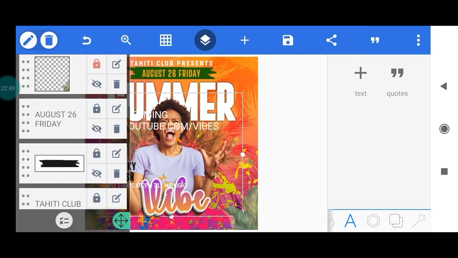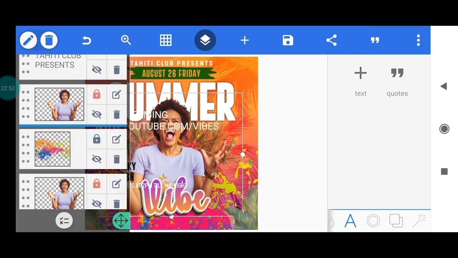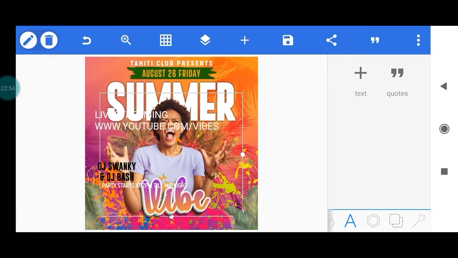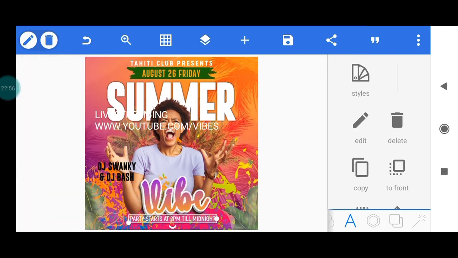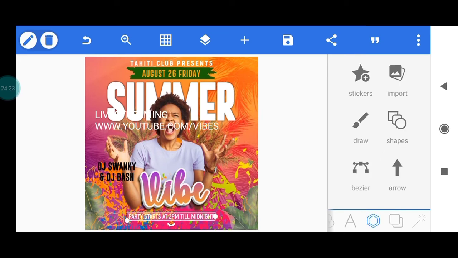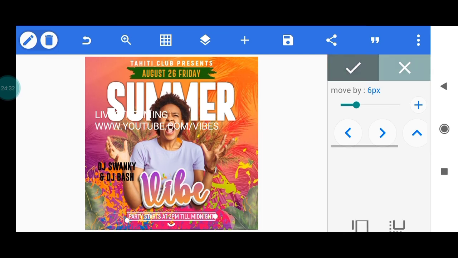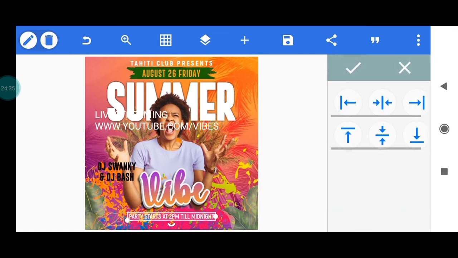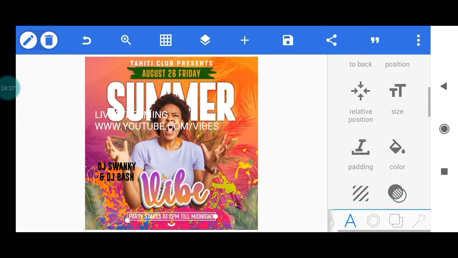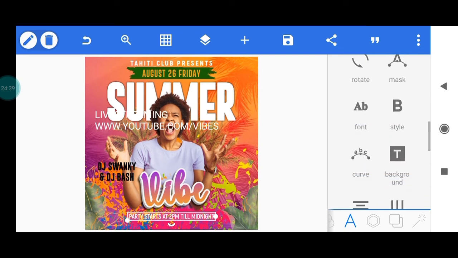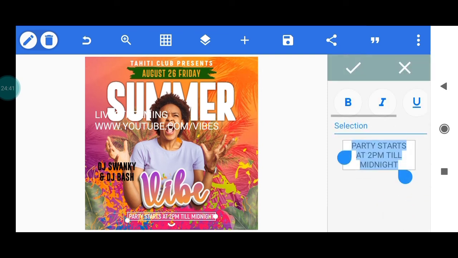Let me just lock this subject. So I'll place it over here nicely, and then I'll head on to the positioning tool, and I'll position this to the center vertically, and I check, and I'll head on to style, and I'll bold this,